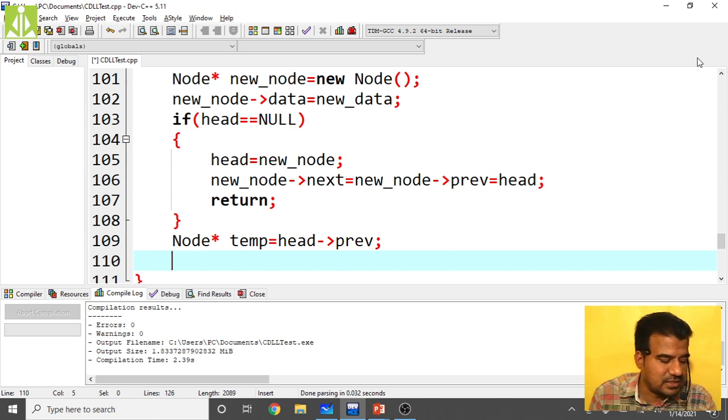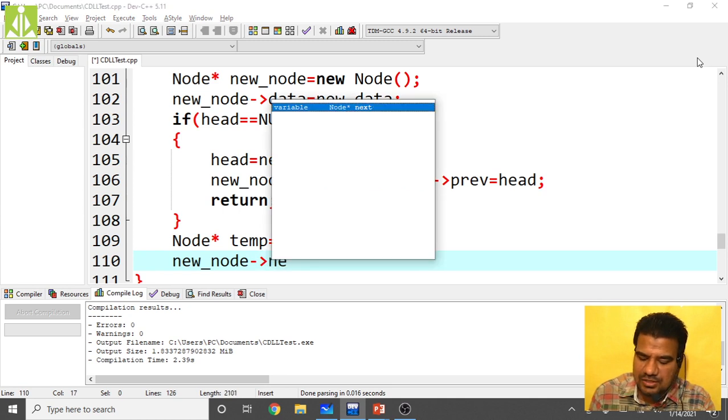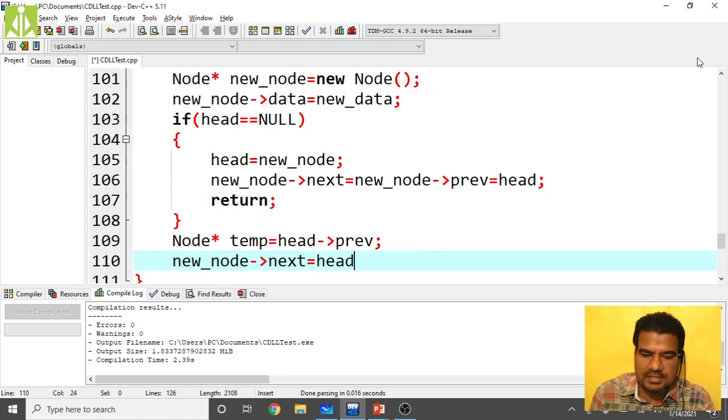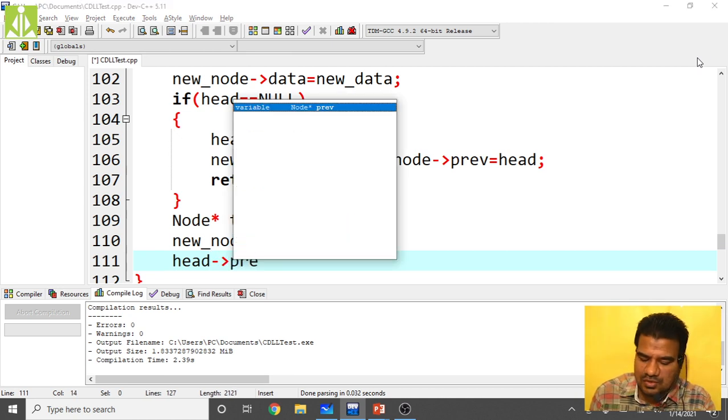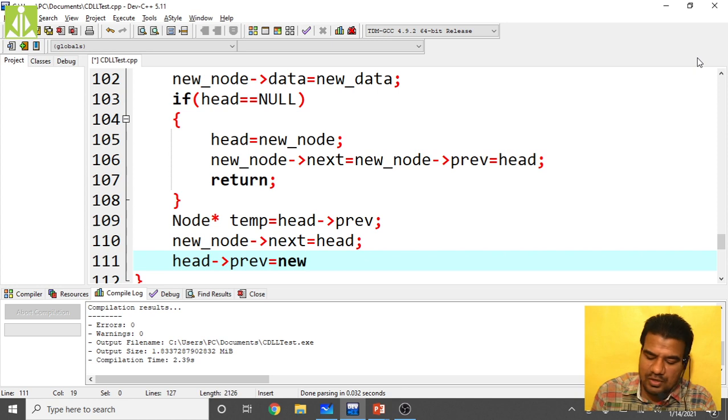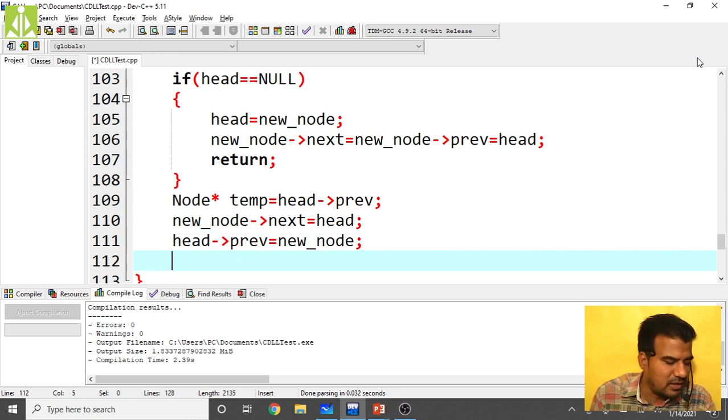Then new_node of next equals head, then head of previous has to point to the new node. Then two more corrections. The new node of previous has to point to temp.